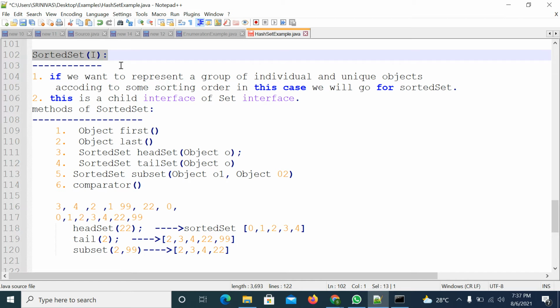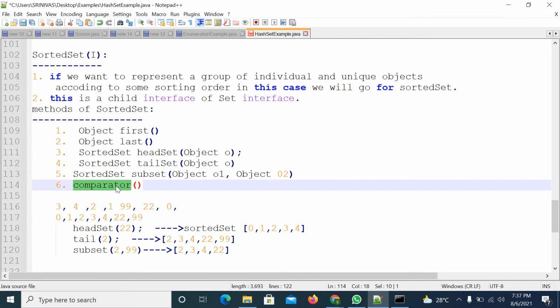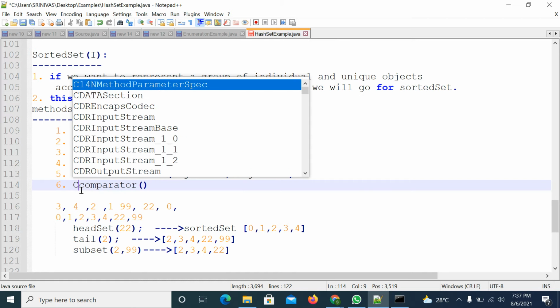Natural sorting order means ascending order. So if you want to change the order, then you can go for the comparator method. That means customized sorting order. If you want to implement a customized sorting order, then you can use this comparator method. The comparator method will return a Comparator object.